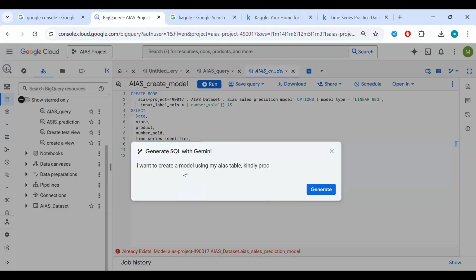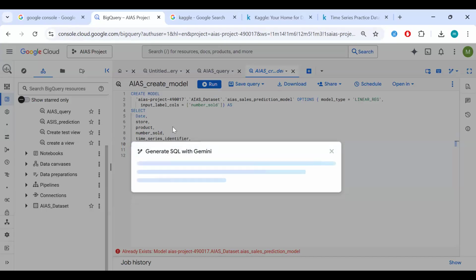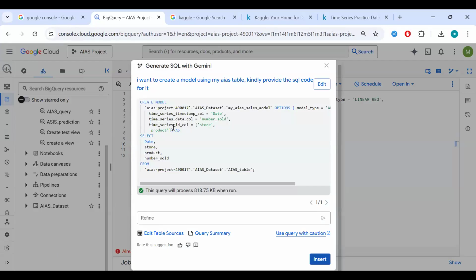And provide the SQL code for it. Once you write this, I'm just going to show you, it will generate the SQL code for you. But like I said, you still need to understand what each command is saying, what each variable is trying to accomplish for you to really interact with all these features.